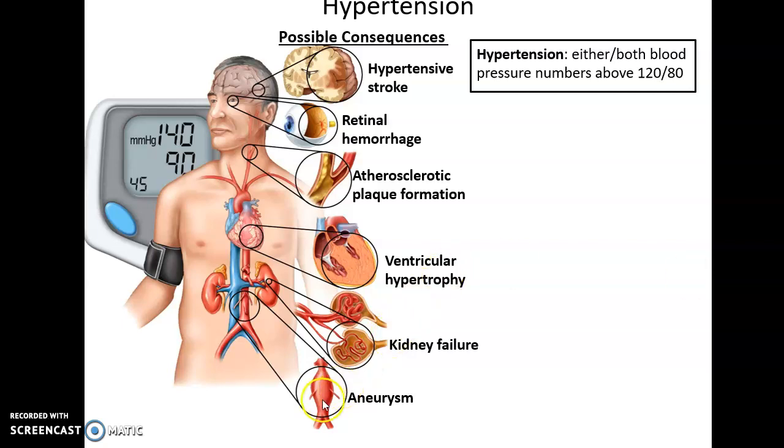And then finally, an aneurysm could develop. Aneurysms are where an artery has expanded and widened, but it can't shrink back down. So it's basically slightly damaged so that it's too wide. Because it's slightly damaged, it makes it very weak, leading it to possibly bursting later, which could be a major problem depending on which